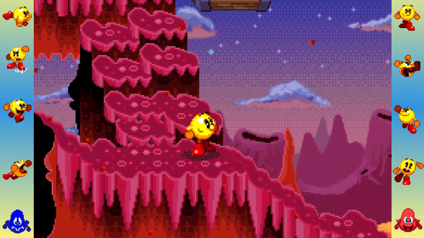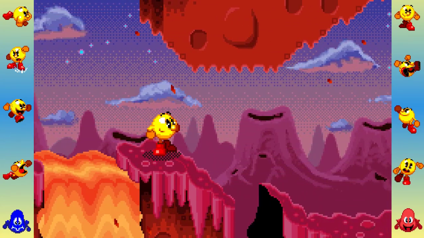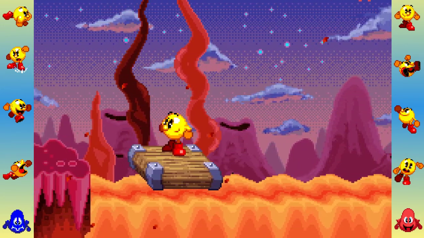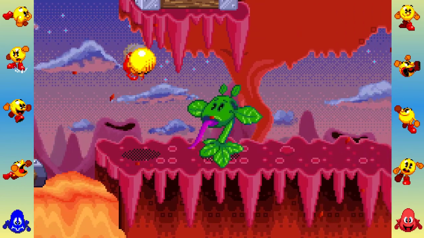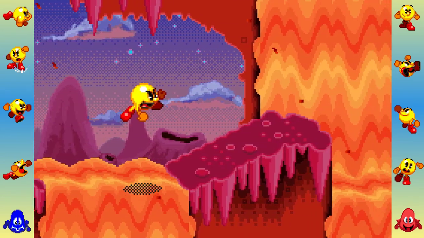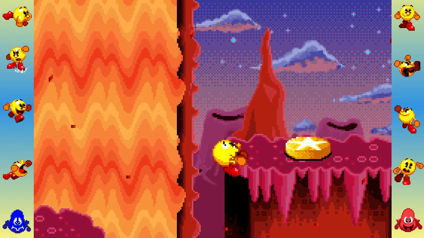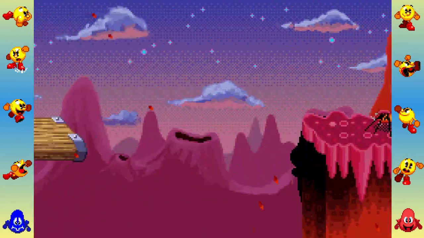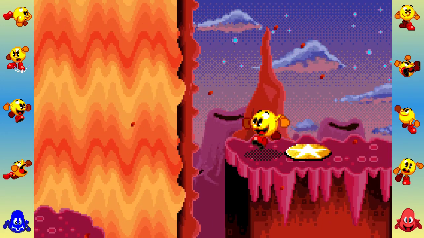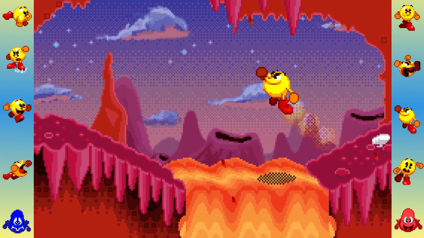So our goal is to activate that platform. Whoa, hold on there, Pac-Man. Got the puka plant. Okay, well, I might not have to do all that other stuff there. That might be just extras. I hope it's extras. I've said that a couple of times and found out it wasn't, so...